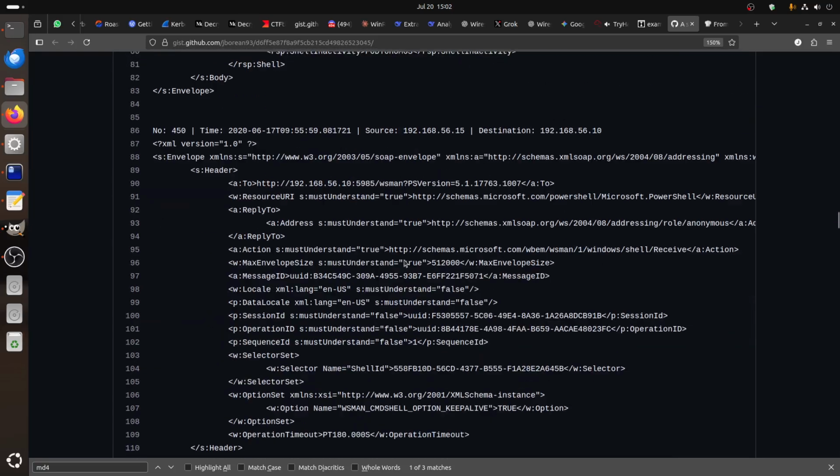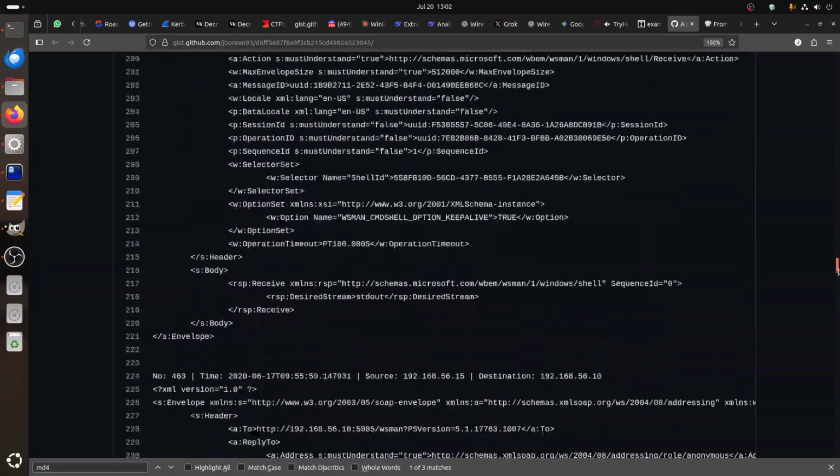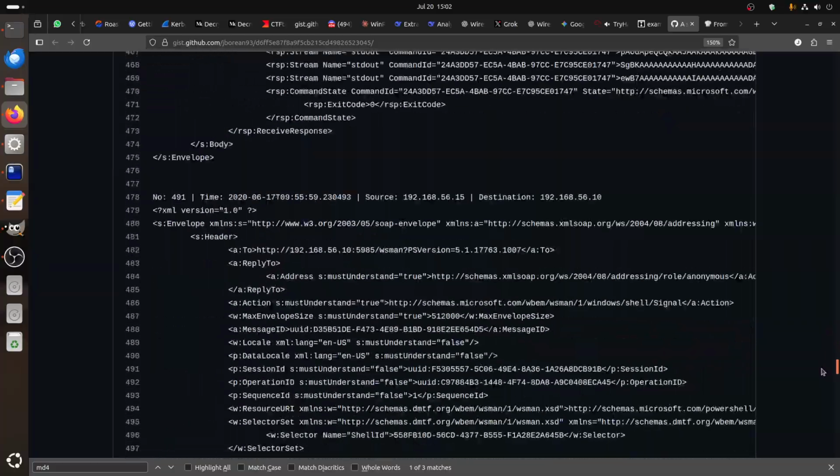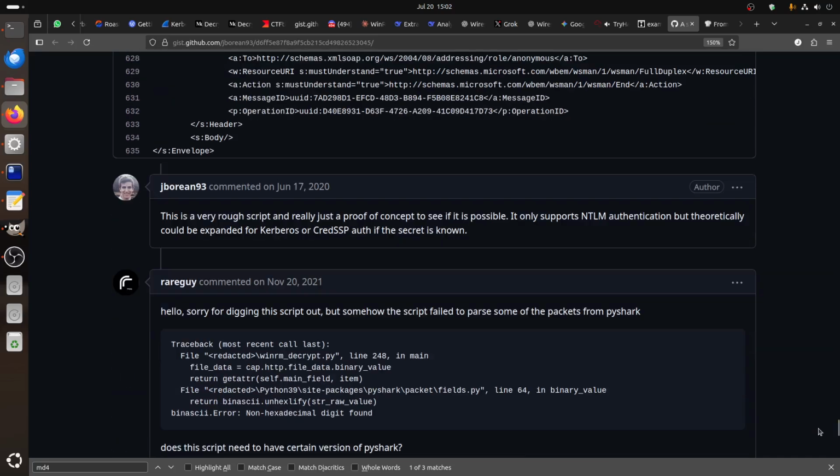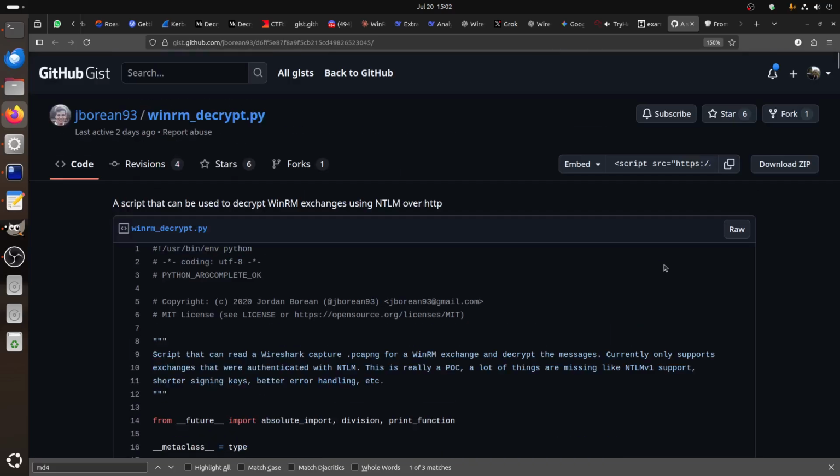Yeah, all these XML files. Yeah, there are some users that report some issues. And he said it's a very rough script and really just a proof of concept to see if it's possible. It only supports NTLM authentication, but theoretically could be expanded for Kerberos AS-REP authentication if the key is known. Yeah, so